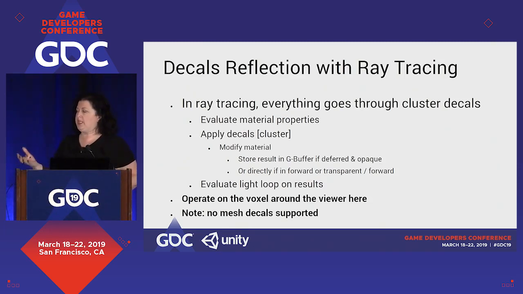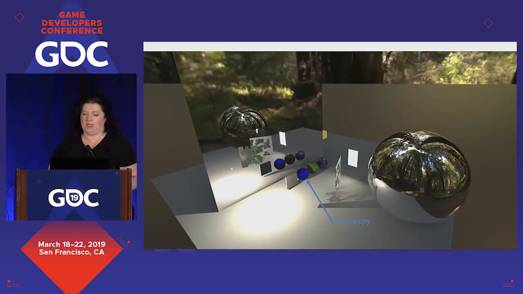The only tricky thing is we cannot support extrusion decals in this route, and it's not even clear what you do with regards to acceleration structure intersections in the ray tracing. So this is something that we need to be mindful of when building content that's designed for ray tracing and rasterization, because they're not interchangeable. The other thing that we want to think about is anisotropy, right? And in general, just thinking about reflection with different BRDFs.